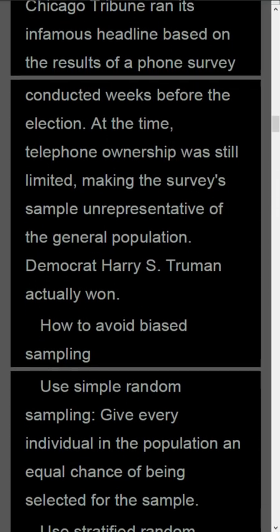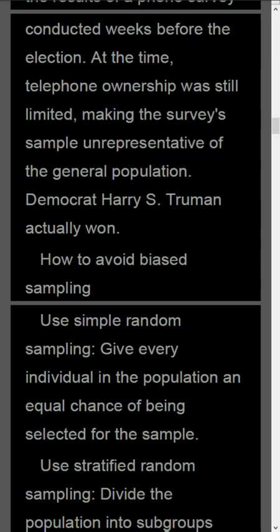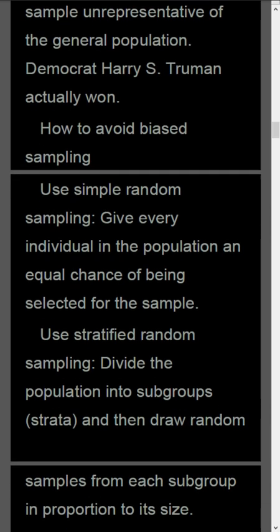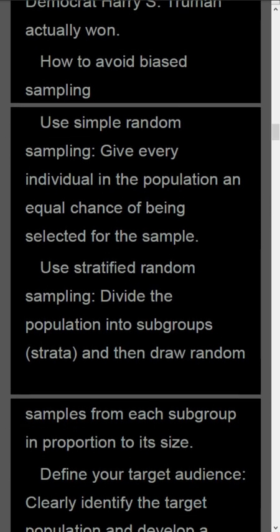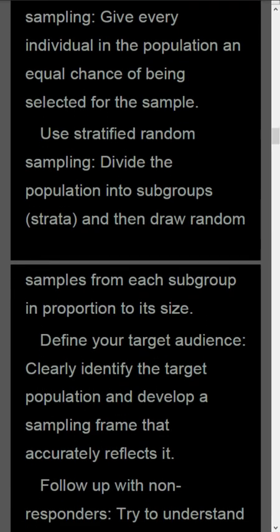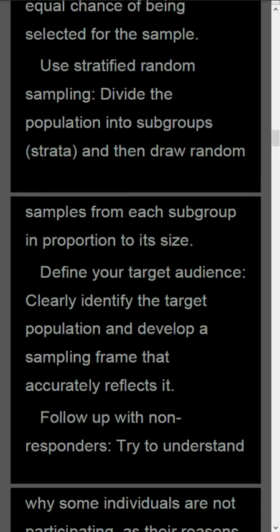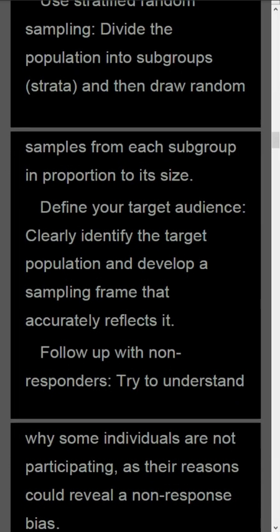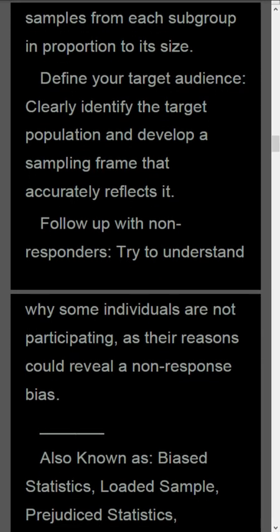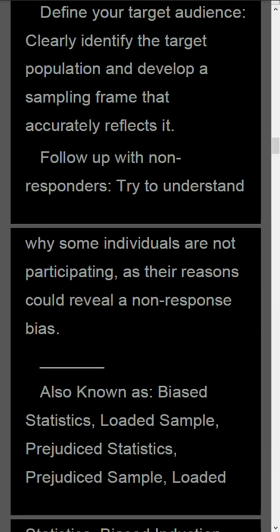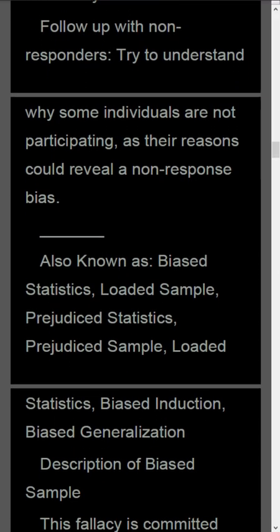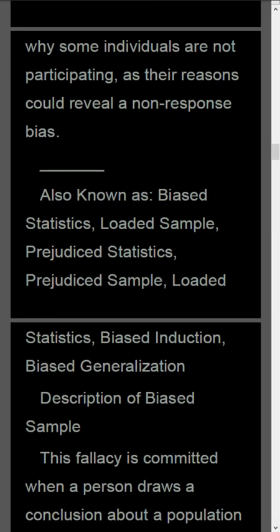How to avoid biased sampling. Use simple random sampling. Give every individual in the population an equal chance of being selected for the sample. Use stratified random sampling. Divide the population into subgroups, strata, and then draw random samples from each subgroup in proportion to its size. Define your target audience. Clearly identify the target population and develop a sampling frame that accurately reflects it. Follow up with non-responders. Try to understand why some individuals are not participating, as their reasons could reveal a non-response